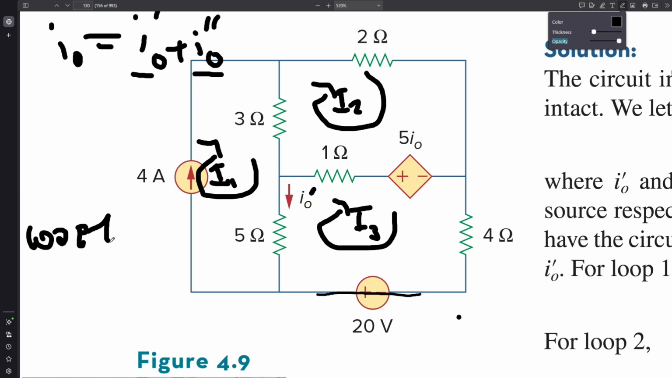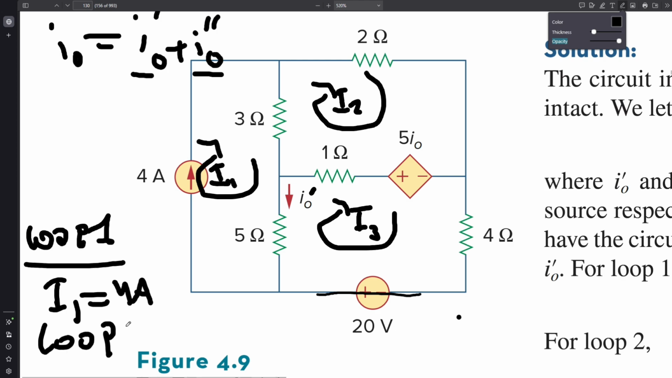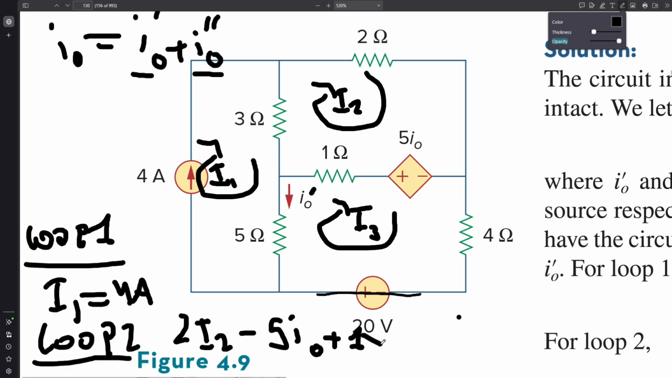to find the current in loop 1, I1 we already know that it's 4 amps, so that is it for loop 1. Loop 2, though, it's gonna use I2. So now loop 2, you're gonna have, first let's start with this one over here. It's gonna be 2I2 minus 5I0, and then after that plus 1 times I2